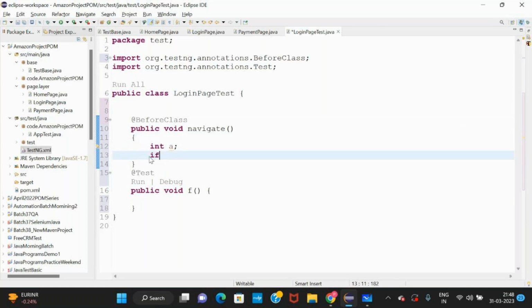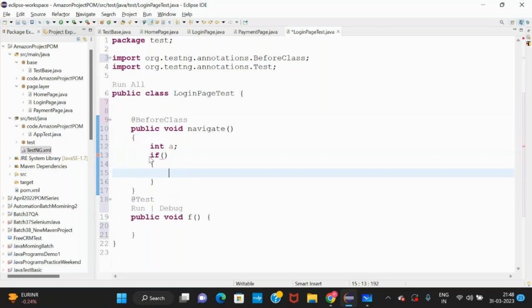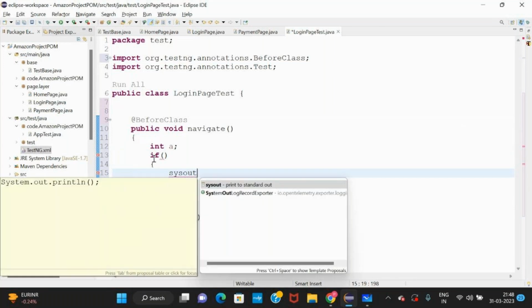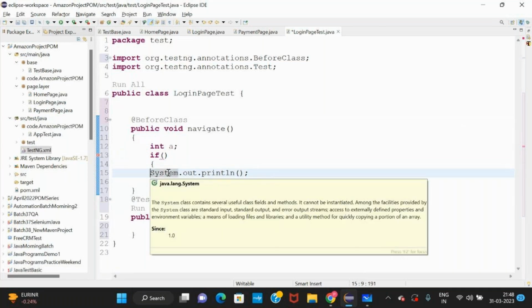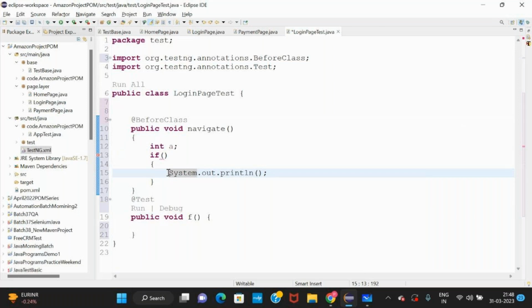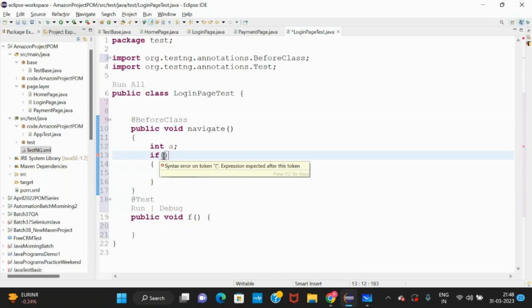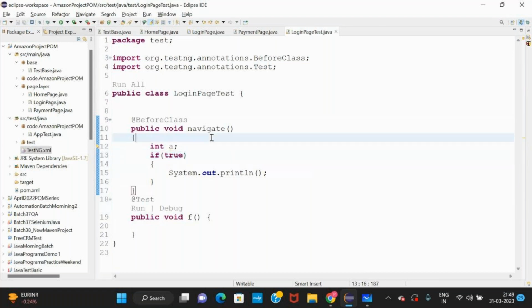If you have any if statement here and you have a bracket, whatever data you need in this, you have to write with some space. Do not write System.out.println immediately. Give a space, give a tab, one tab of space. If you click on a tab, it will take some characters of space. Whatever condition you have, I just gave an example. Navigate doesn't need any if condition as such in the logic.